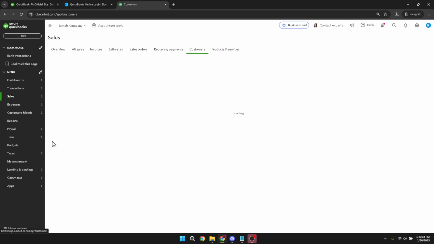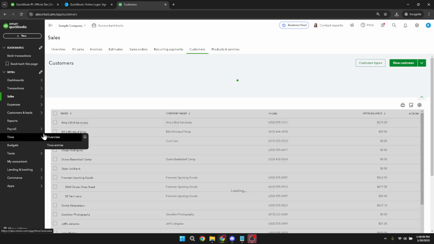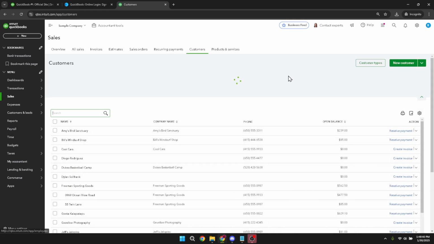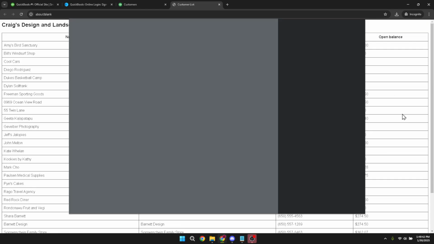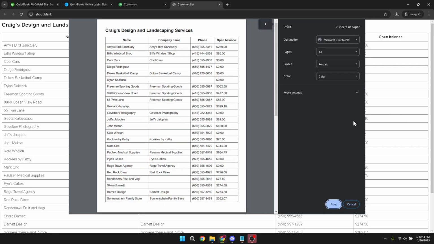Look towards the right corner of the screen and you'll see a print icon. It's usually depicted as a small printer symbol. Click on this icon. It's crucial to make sure that your printer is properly set up and connected to your computer prior to this step, ensuring a smooth printing process.